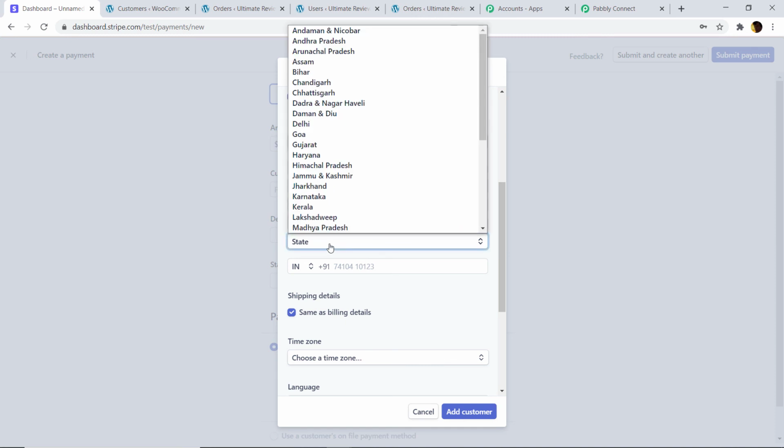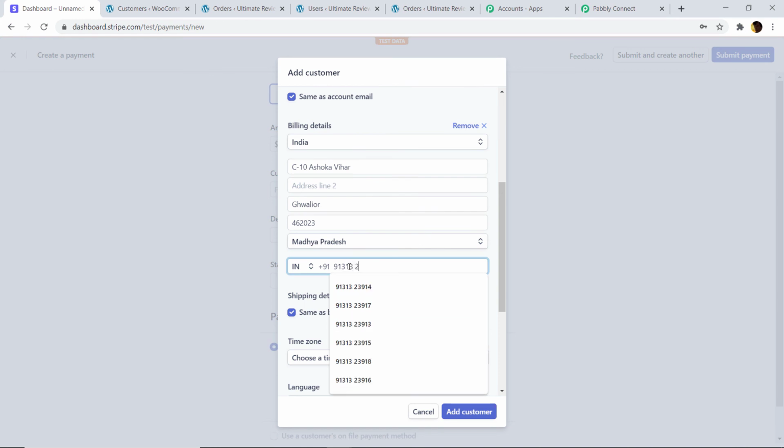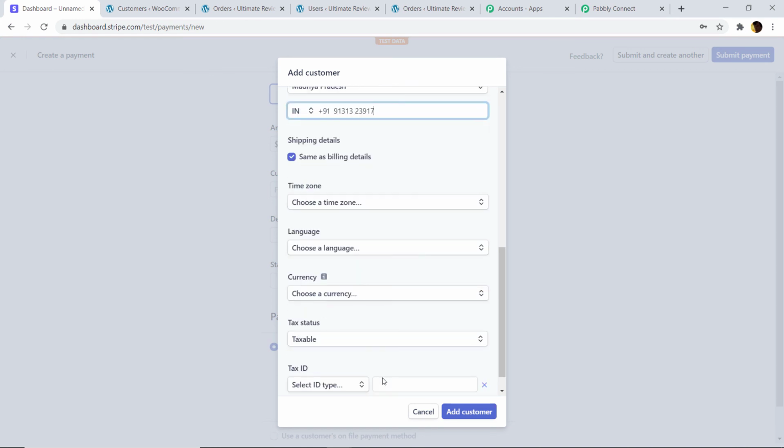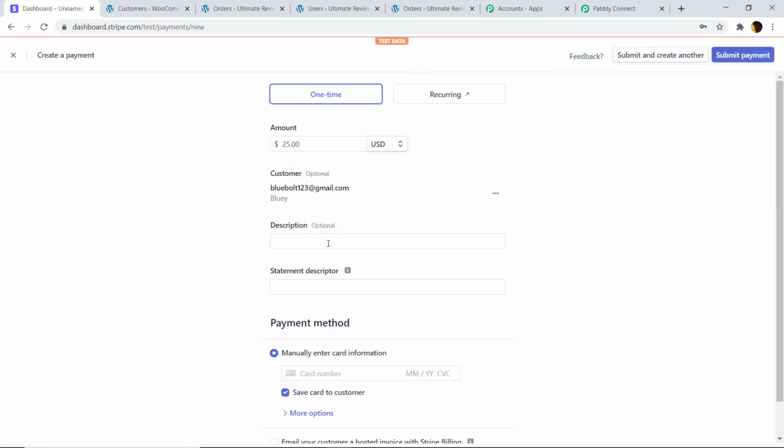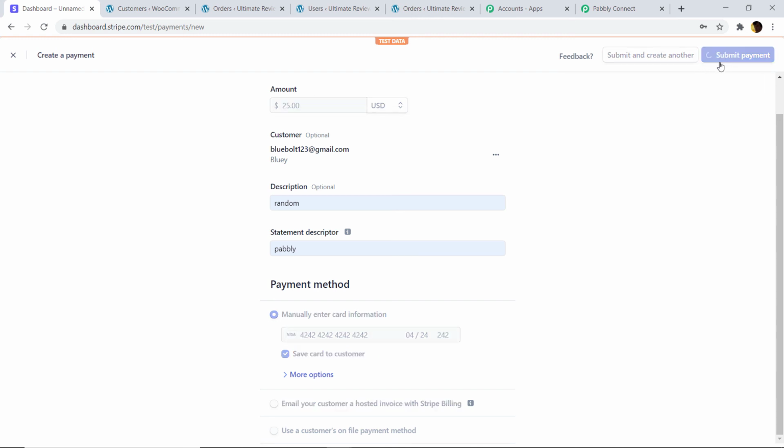State is Madhya Pradesh. 9131323917. Okay, so we are going to just add a customer. Description random. Descriptor is Pabbly. 42424242424242. Okay, then click on submit payment.